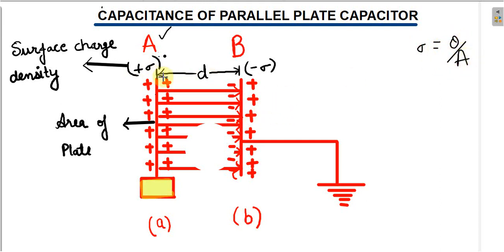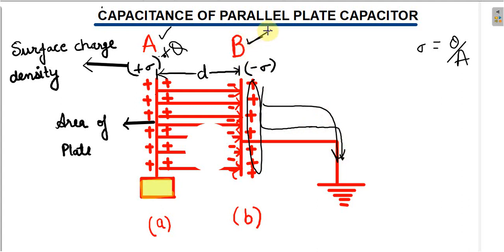So positive Q charge is now on the plate A and we have brought an uncharged plate B near to it and it gets polarized, it gets induction. Because of induction, charges are induced on it. One is negative on this side and positive charge is induced on this side, and we connected this positive charge through a wire. So this whole positive charge will go to the earth. So now your B plate is negatively charged.